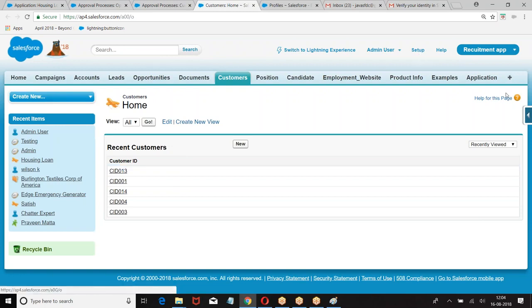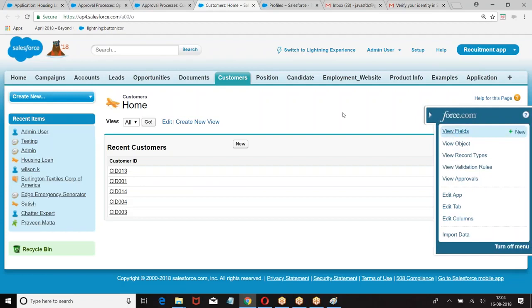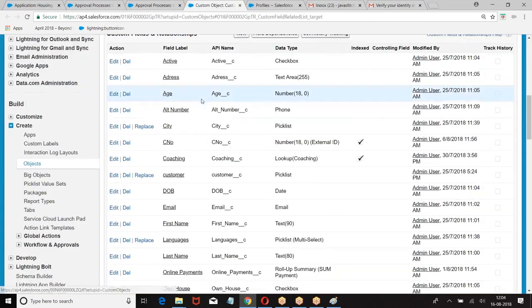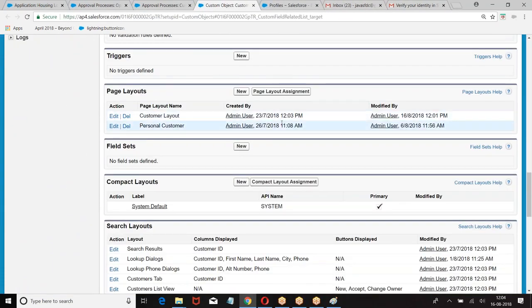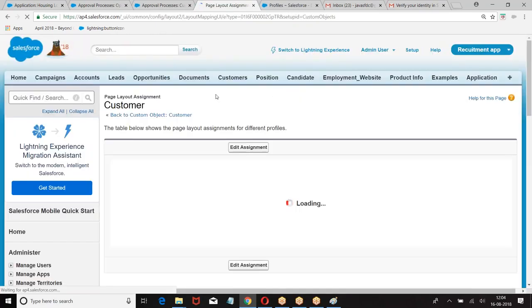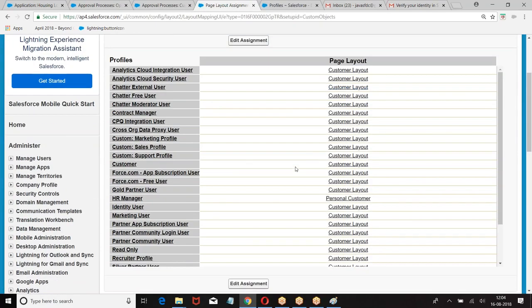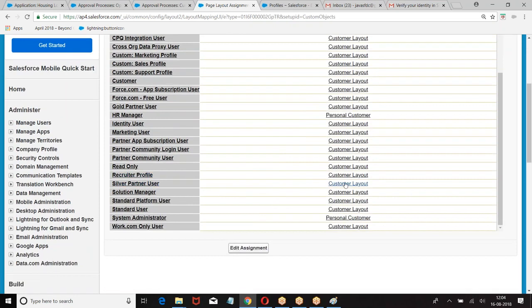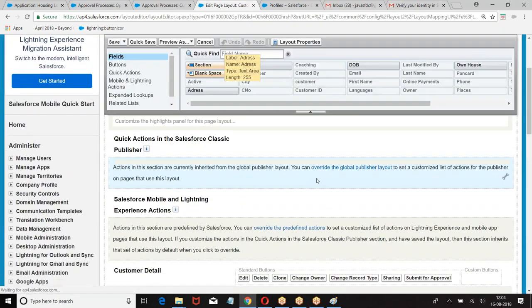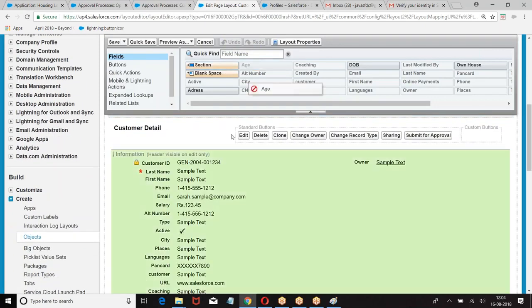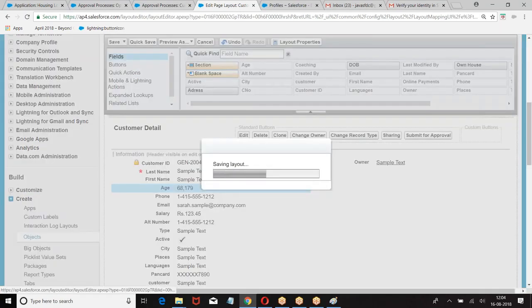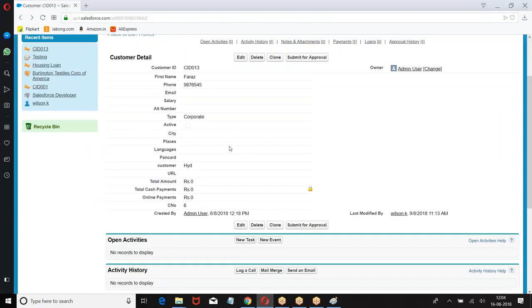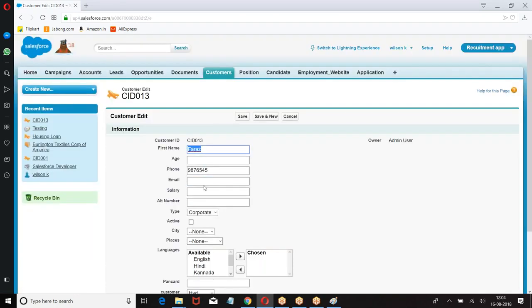So what should I do? Go to the object, go to the page layout, and modify it. Because my condition is running on age, I require an age. Then I'm giving age.